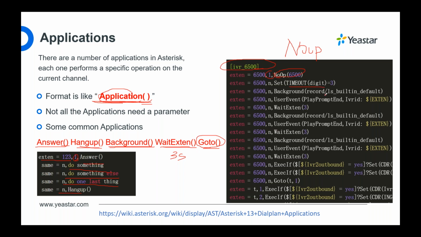Timeout digits. This is the same setting that you just set on the PBX web for the IVR, right? And then play prompts. Okay, then just wait 3 seconds, play the prompts again with 3 seconds, and so on. Then go to this. Maybe it is not a context, but it is like go to the extension T, right? T is also an extension, right? So then go to here. That means go to timeout, and here are some conditions to check if they match this condition. Maybe go to another